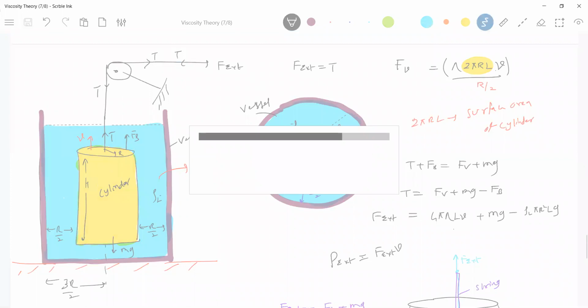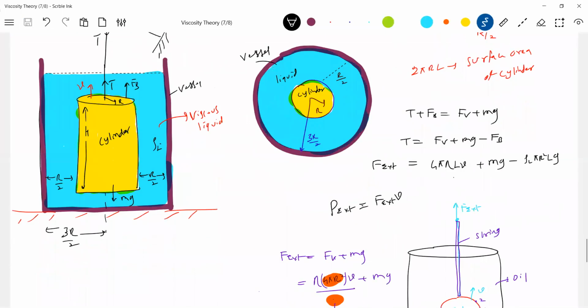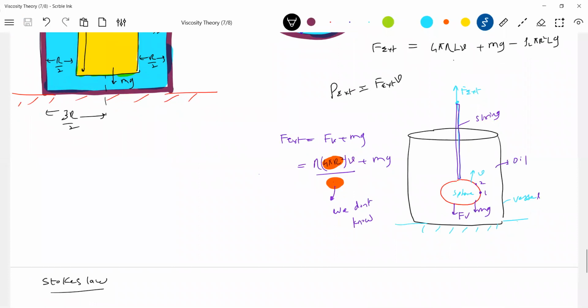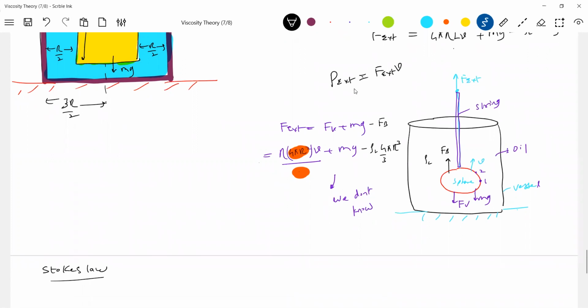So we are very good with buoyancy and weight. The biggest problem is the viscous drag. So here, this is what happens. Here also, what you have to bring? Minus FB. So FB, there is no problem. Am I right? Rho L. I'll bring everything. Okay, now Stokes law, what happened? He has proposed like this. So if you have a liquid